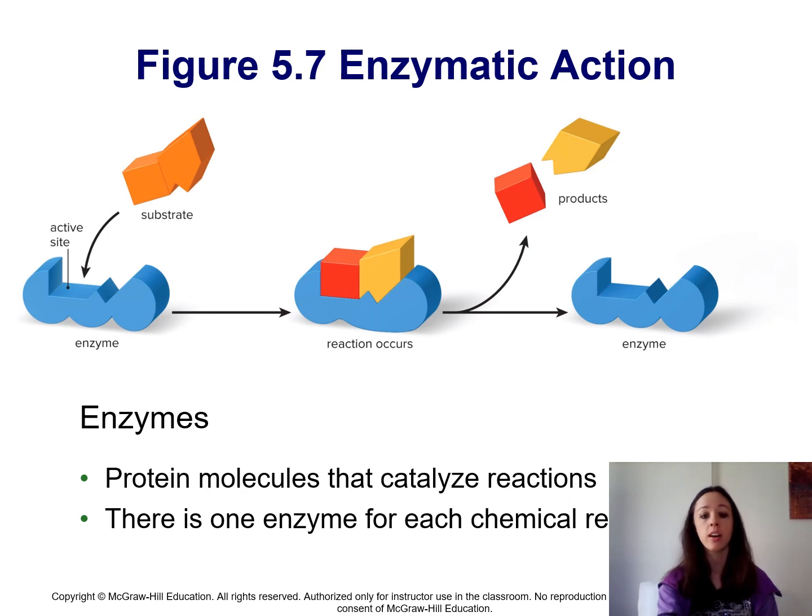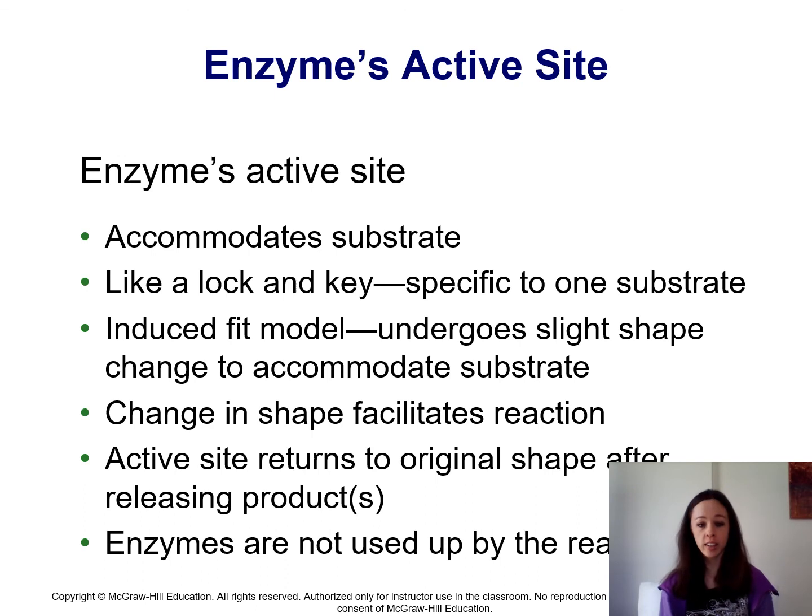So therefore, an enzyme can be used multiple times. So again, there is 1 enzyme per reaction, and so the active site on that enzyme is highly specific. You can think of it like a lock and key. This is called the induced fit model. Anytime the enzyme receives a substrate and undergoes a slight change in shape to accommodate the substrate, the chemical reaction then occurs, and then when the enzyme unfolds, it releases the products into the cell to go wherever